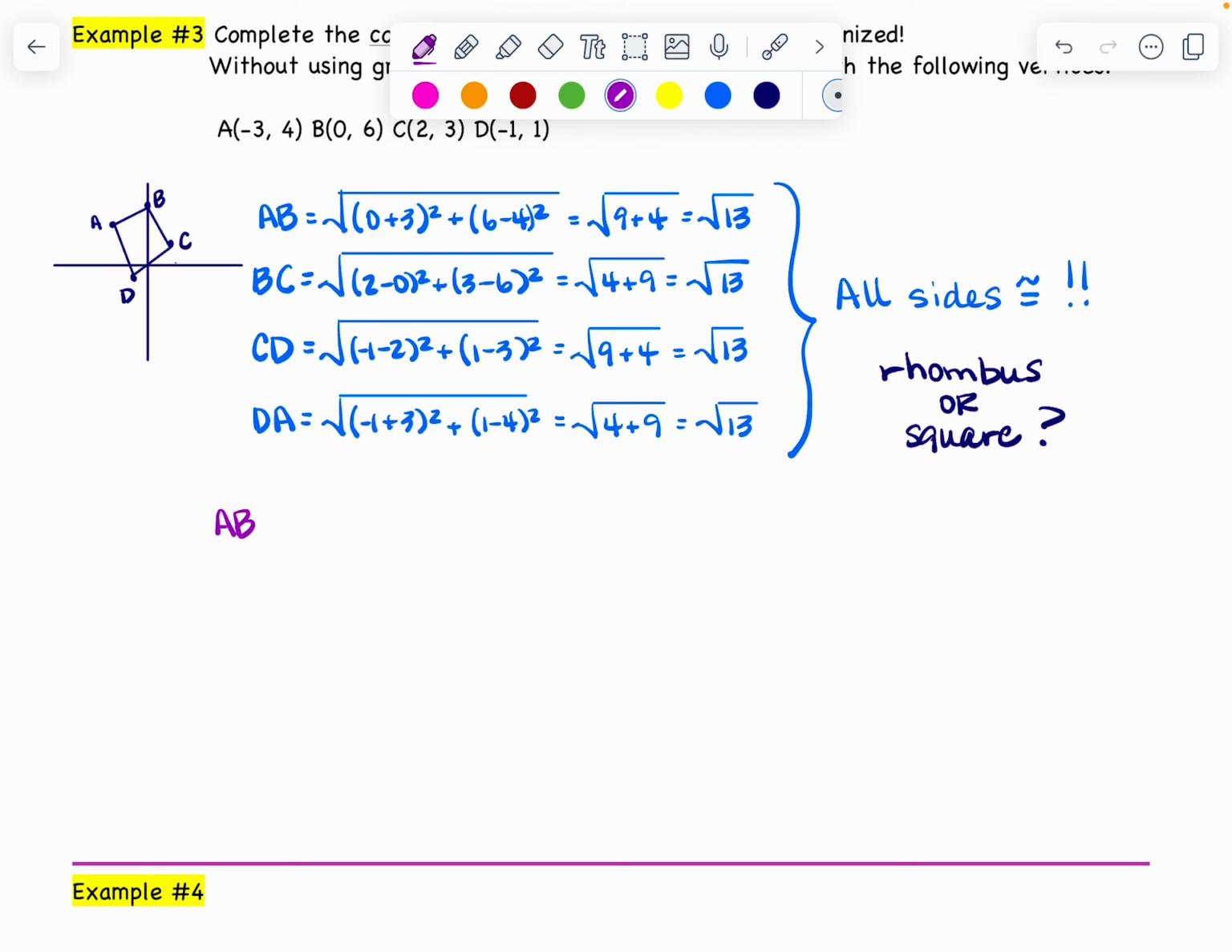Okay, so you don't have to do all the slopes, right? You just have to find one corner, right? Because we know that this is a parallelogram for sure, because the opposite sides are congruent. They're just all congruent, right? And so once I just find